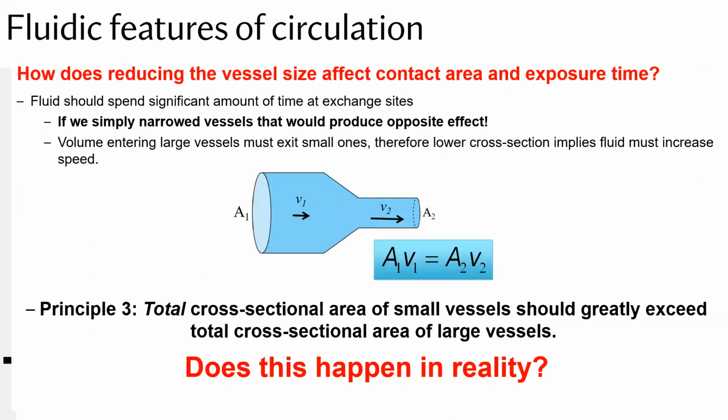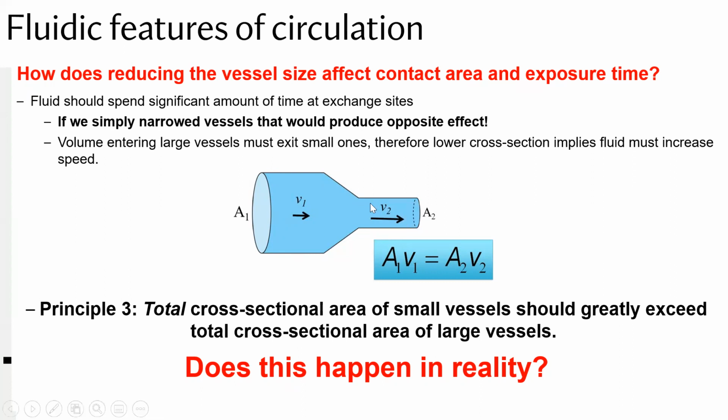And now the last question here is, how does this reduction in vessel size, all the way to capillaries, affect the contact area and the exposure time? The exposure time is the dwelling time, the time the blood is actually in contact with the tissue, okay? The reality is that, when you reduce the size of a vessel, going all the way from arteries and arterioles to capillaries,